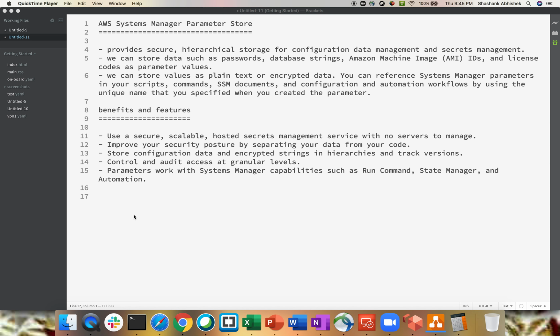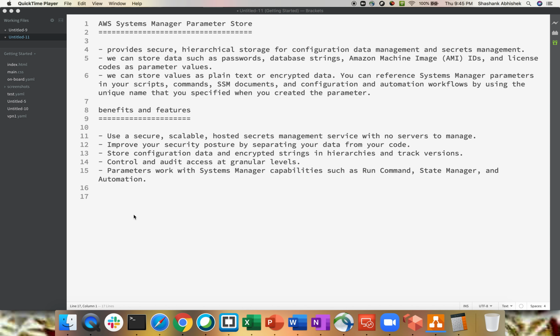As an example, let's say you want to do a deployment of your application, like some MSI installation. An MSI always has one configuration file, and that configuration file has a certain number of parameters for doing a silent installation.